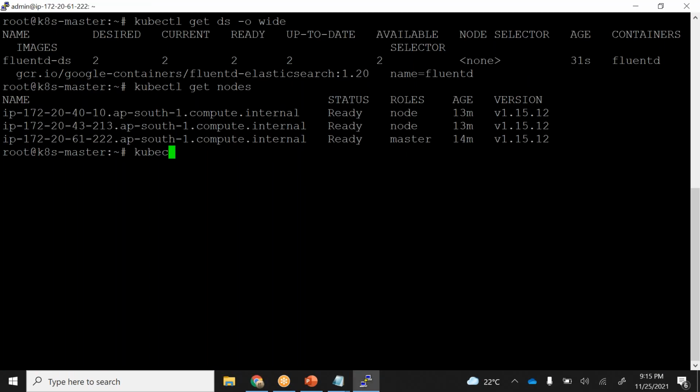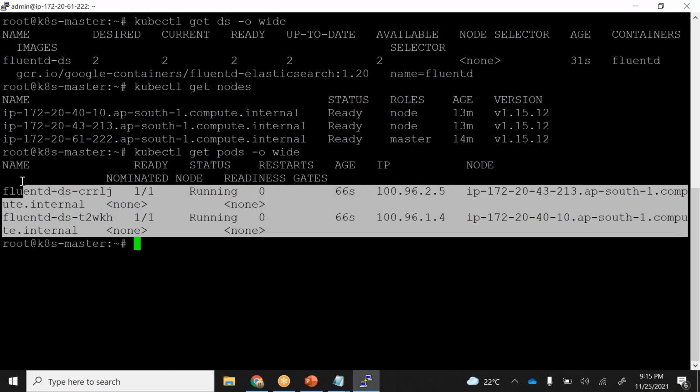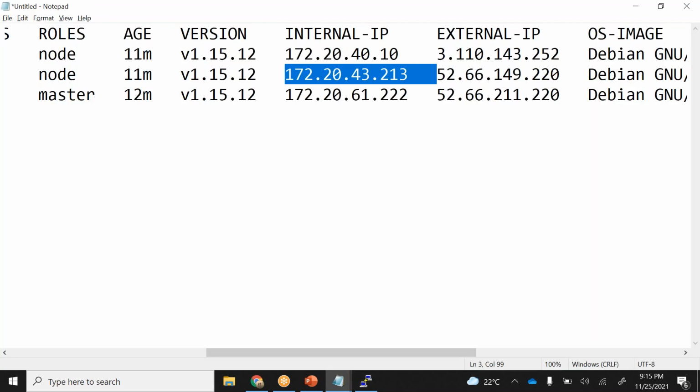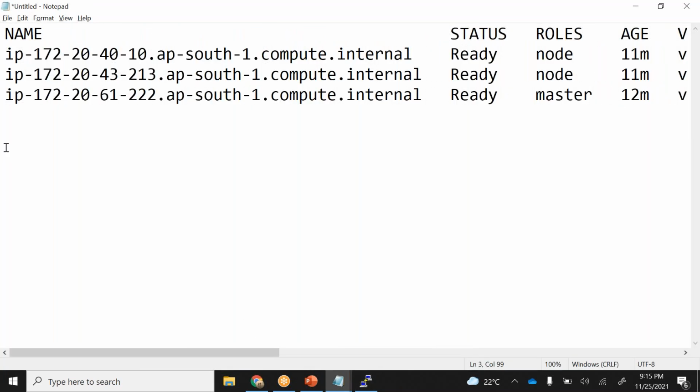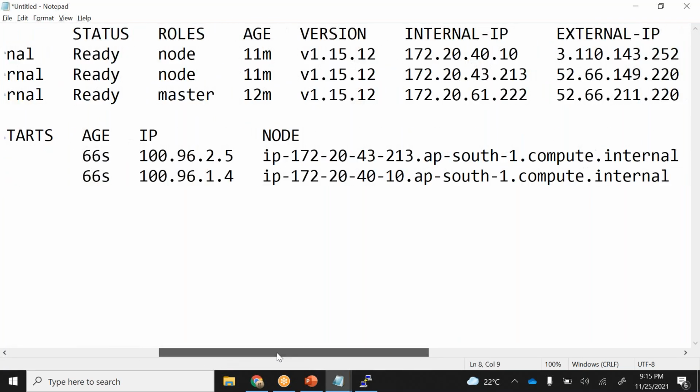If I come here and say kubectl get pods -o wide. So what I actually want to show you here is, copy this line, paste it here. So there is one instance of fluentd, another instance of fluentd, but the interesting thing here is